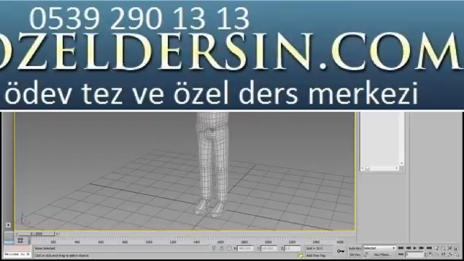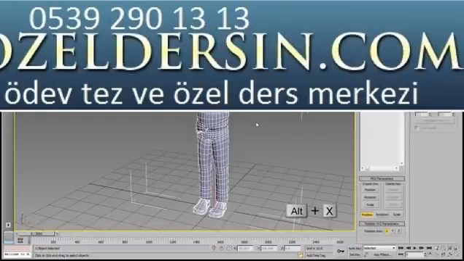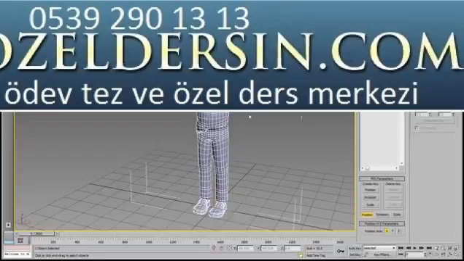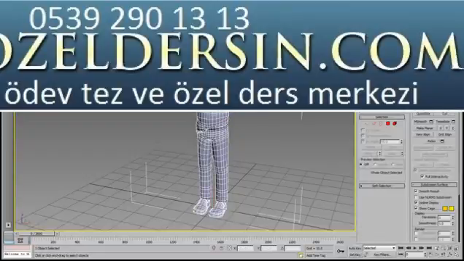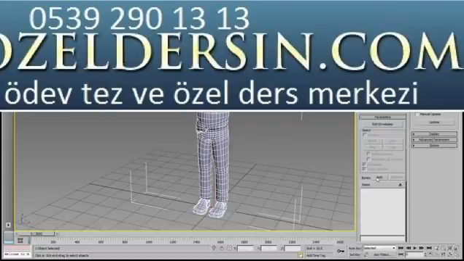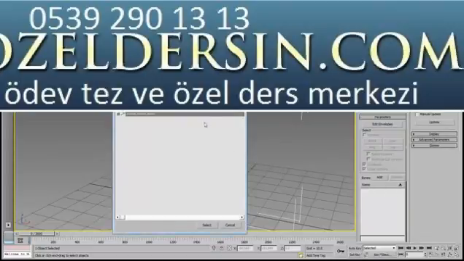Using the Layer toolbar, unfreeze the mesh layer. Select the zombie mesh and press Alt-X to disable X-ray mode. You're ready to start skinning. With the mesh selected, apply a Skin Modifier. Click the Add Bones button, and in the Select Bones dialog that appears, select the Skin Bones selection set you